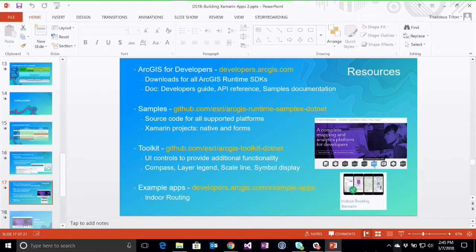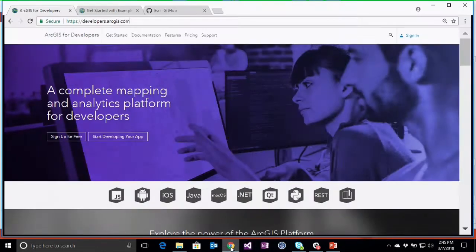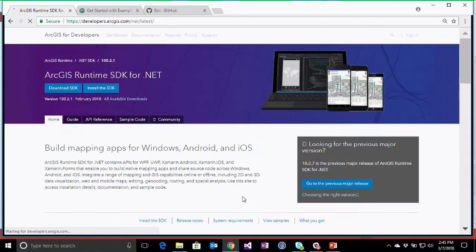So let me just wrap up by showing you some of those resources real quickly, because I want to leave plenty of time for Rich. So here's the landing page for developers.arcgis.com. They've totally revamped this. And it's nice because right at the top here, these links go to individual SDKs. So here's the link for .NET. And so from here, you can download the SDK, instructions for installing it. You'll find release notes, system requirements,